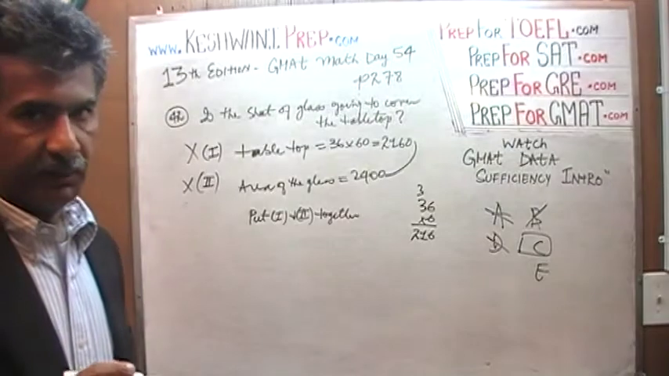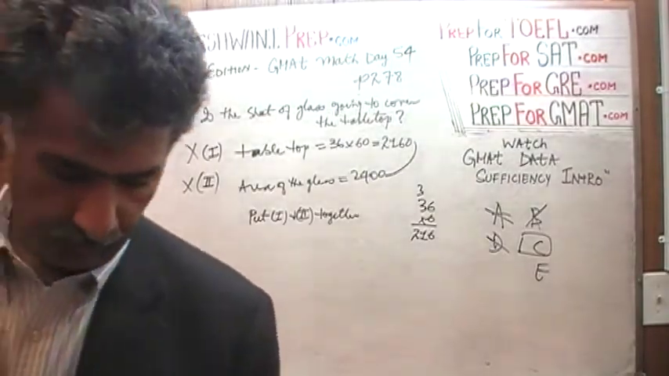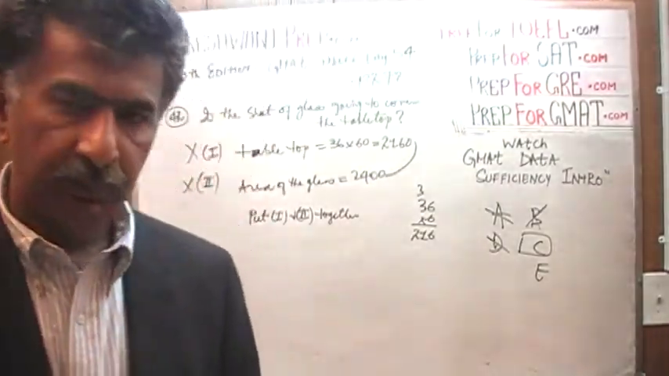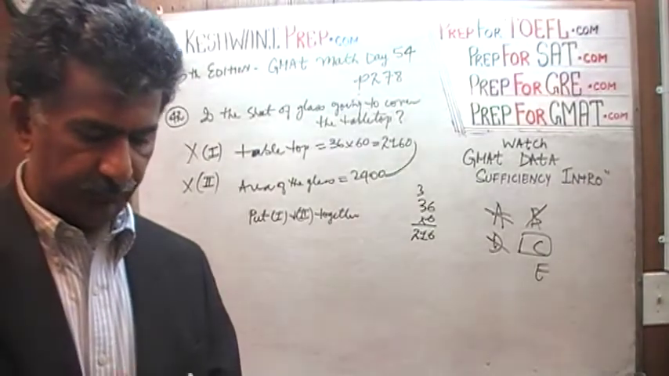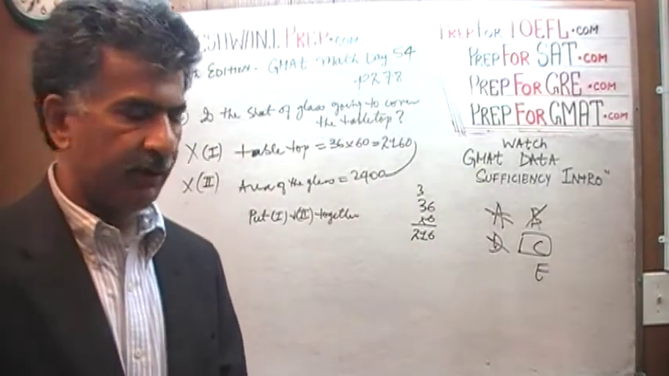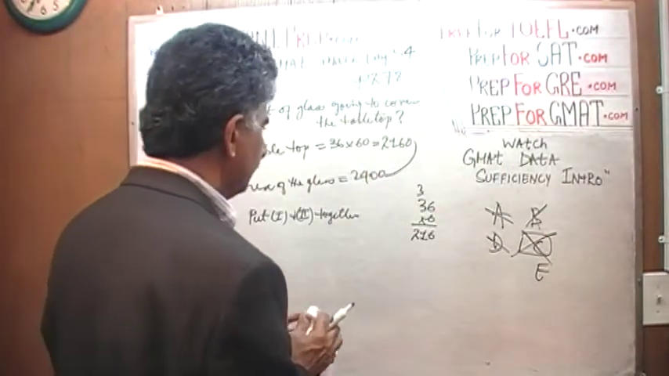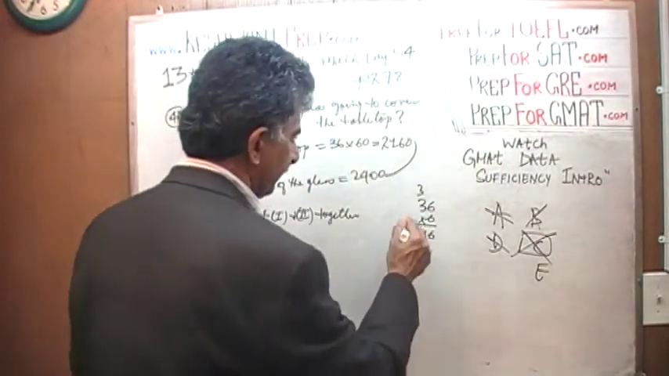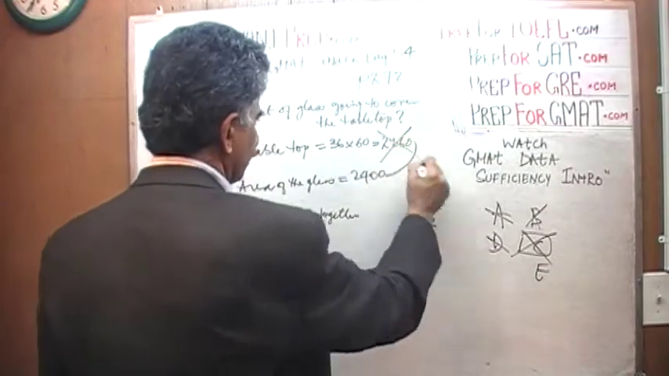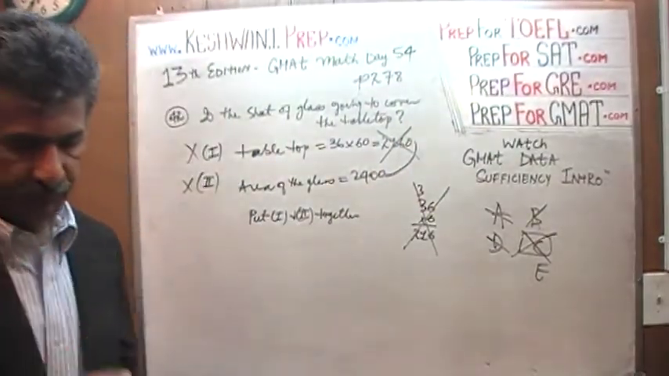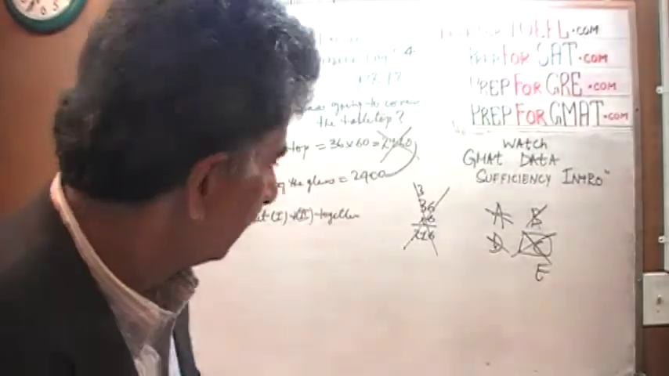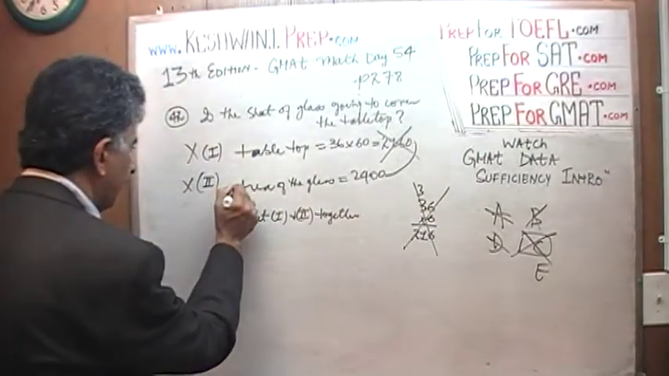If this is what you're thinking, if this is what you thought, then I'm sorry to have to tell you that you fell for it. It was a bit tricky. The question is a bit tricky here. This answer is not correct. When we put them together, see, this part was not necessary. This was a waste of time. What we have to understand is that even though we know the area of the glass,